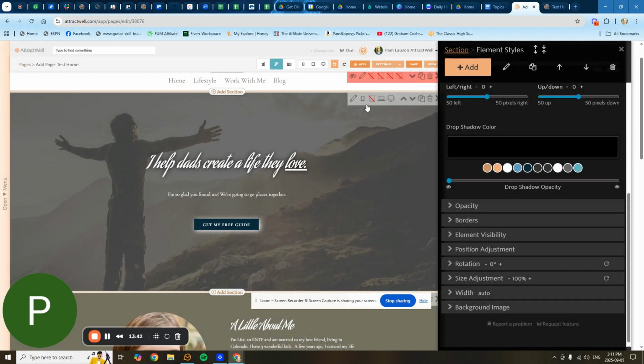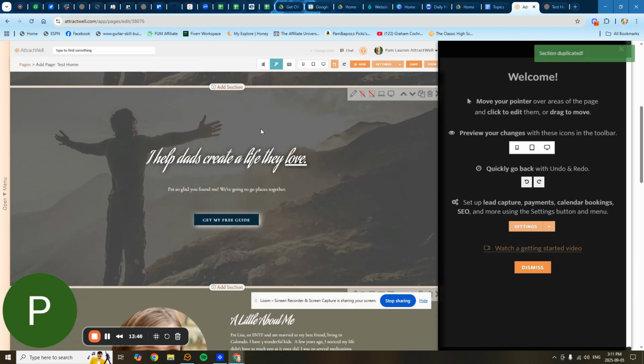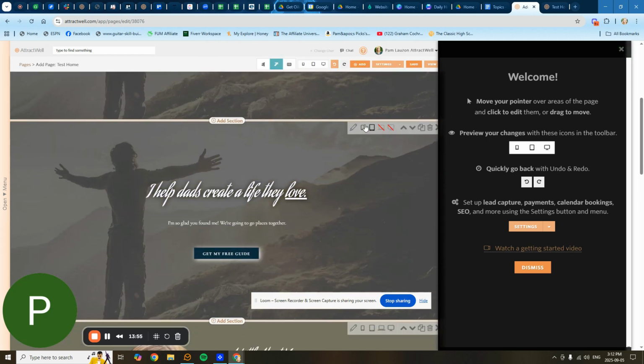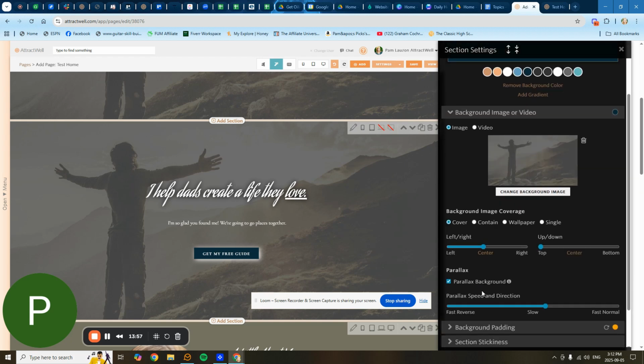So I can turn it off for phone and duplicate the section. And now I can try and figure out how to make that guy show. So I'm going to make this section mobile only and turn off the big screens. And this is my mobile section and this is my desktop section. So how do I make the guy show? Well, I'm going to play with my